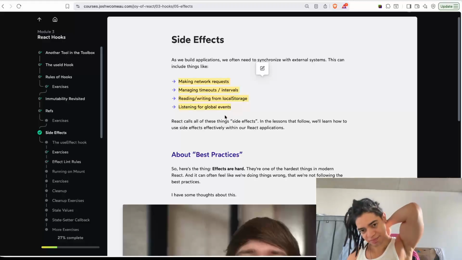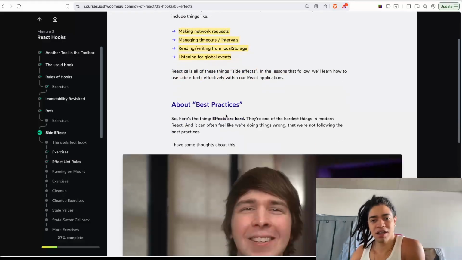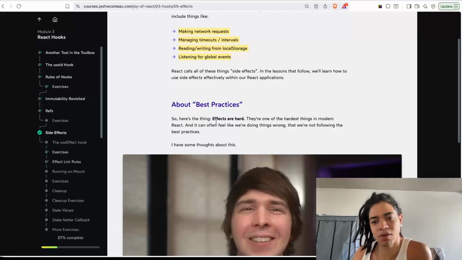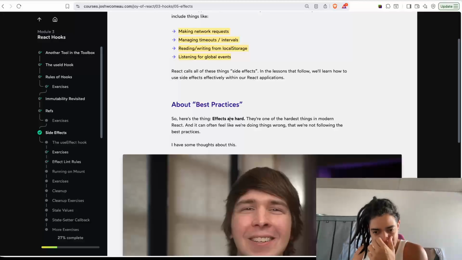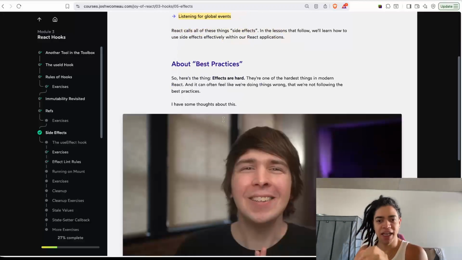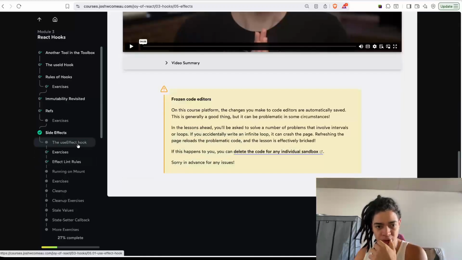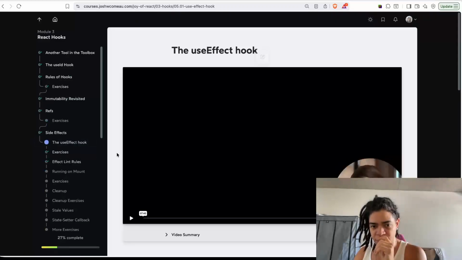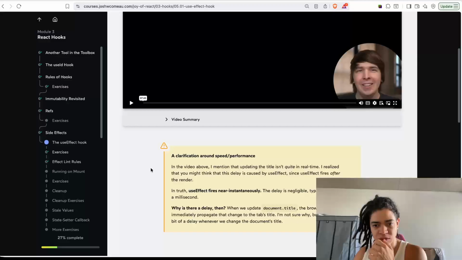So, talking about the best practice. Effects are hard. Effects have convenient ways to use them, and this is exactly where we look at this. So the useEffect, right? So anytime that we want to